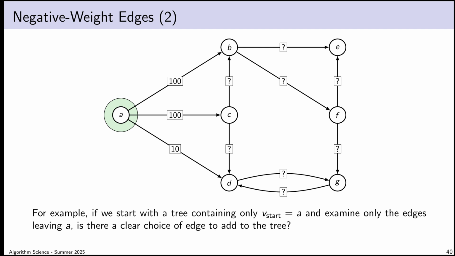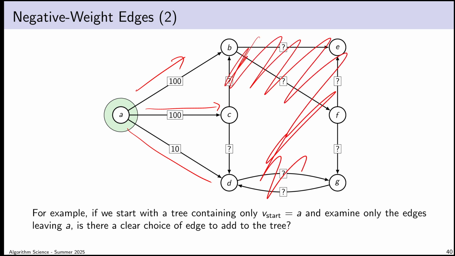And I would like to believe, I've got to be very careful here, but I would like to believe that the answer is, well, yes, it's D. Because I think, okay, I can get to vertex D through a path of cost 10. Now, suppose there was some other way to get to vertex D. Well, it wouldn't involve the edge AD, obviously, so it must involve either the edge AB or the edge AC. Now, suppose for the sake of argument that I don't know anything about the other edges, like where they connect to or how many other vertices there are.